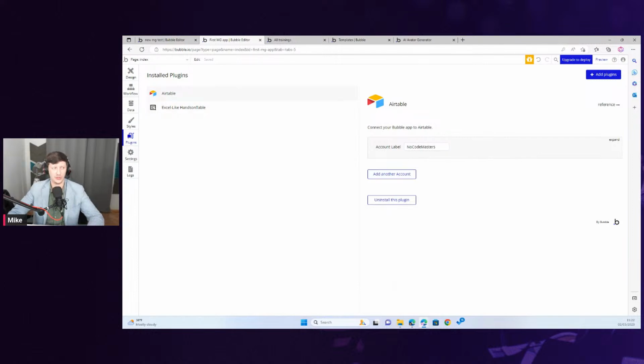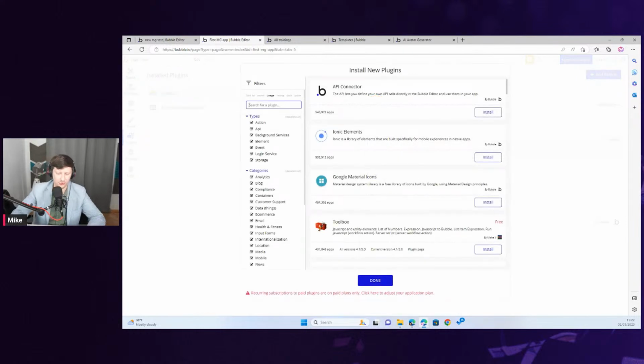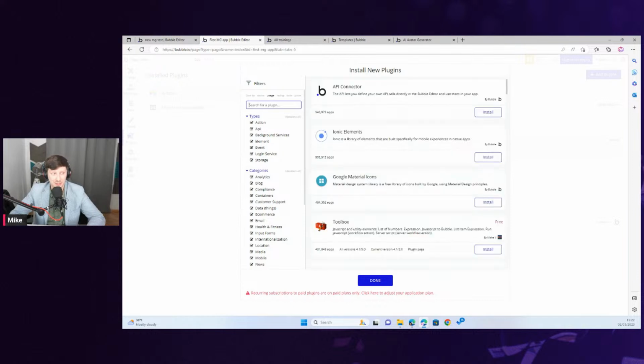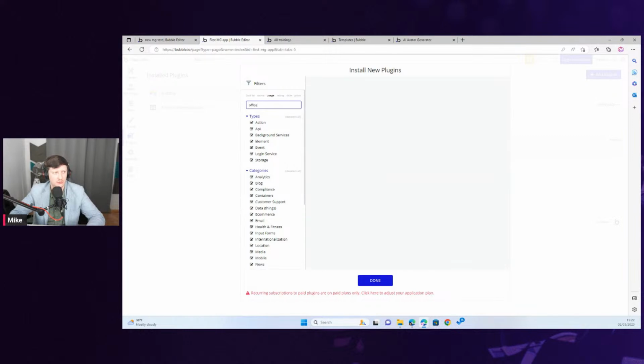The interesting thing is that I don't have a plugin for SharePoint. I wanted to use the SharePoint list that I used two weeks ago, but I don't have such an option. I couldn't do that. What I didn't do is try Office 365.